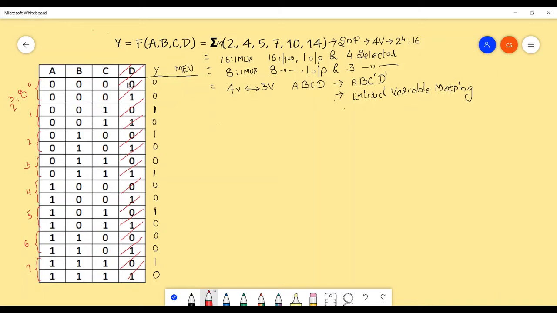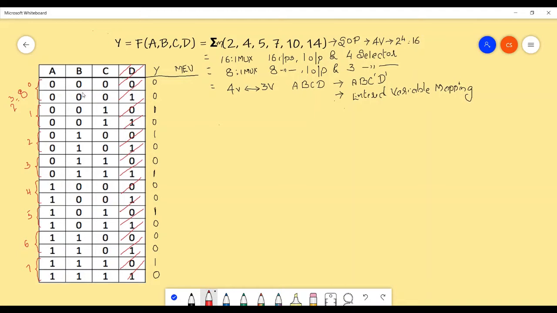As of now, when you eliminate one of the variables, my truth table remains the same, and this is all about repetition of the same things that occurred previously. So let me write one more column here in which my output depends on the variable that has been eliminated, or based on the entered variable mapping method. So let's check how it is to be written.